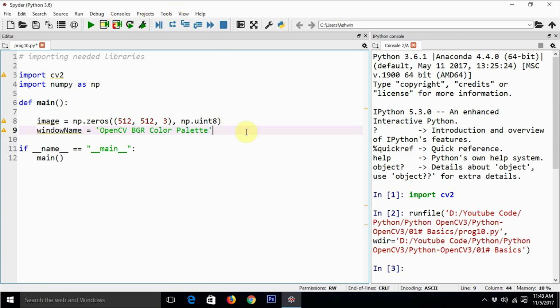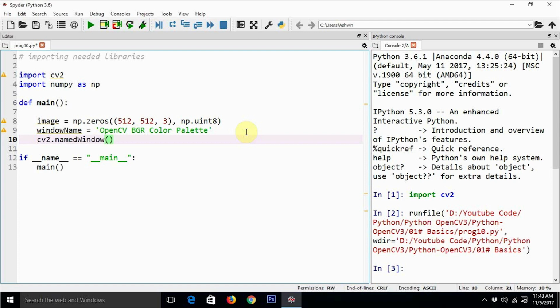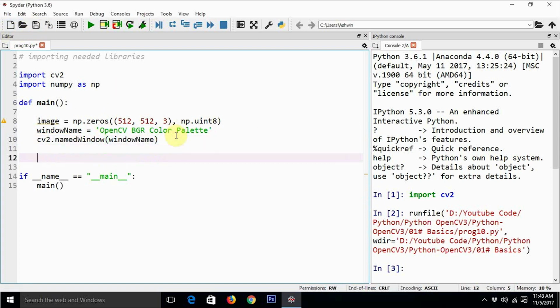I'm not very good with spellings. Now let's create a named window, cv2.namedWindow, and then let's pass the window name as an argument. So it is going to create a named window of that. Now let's display this thing on screen.